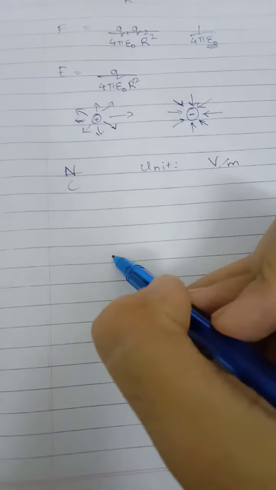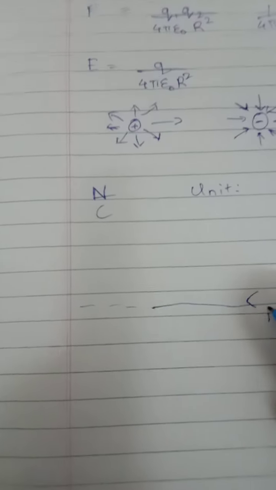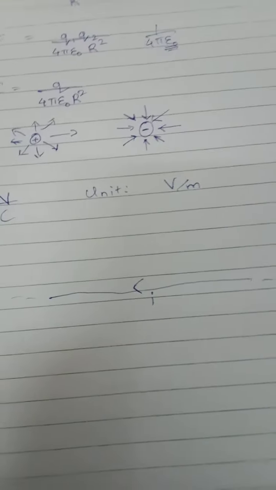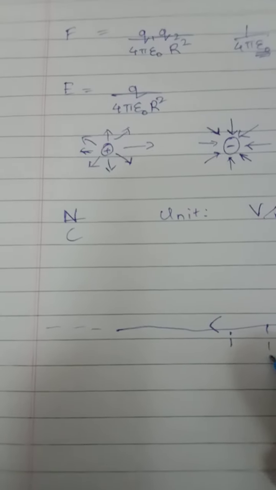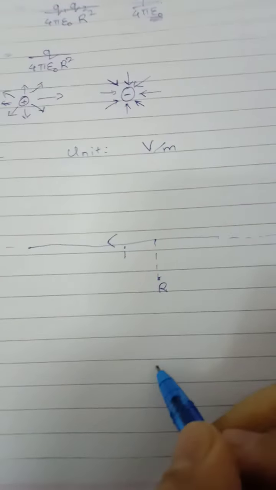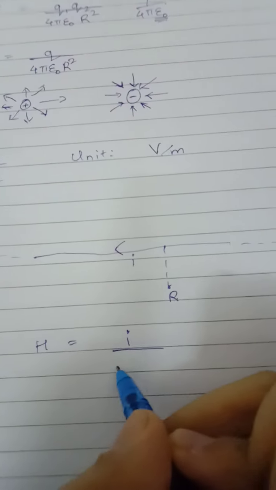Suppose you have a really long wire. Suppose it has got an infinite length, and it carries some current, we'll call it I. Now a fundamental equation is known as the Biot-Savart law. I'm not going to go into the details of it right now, but it tells us that the magnetic field at a point which is a distance r from this current carrying wire is equal to I upon 2 pi r.